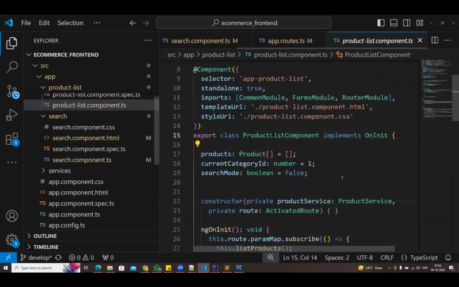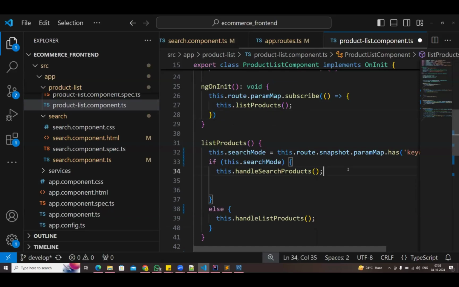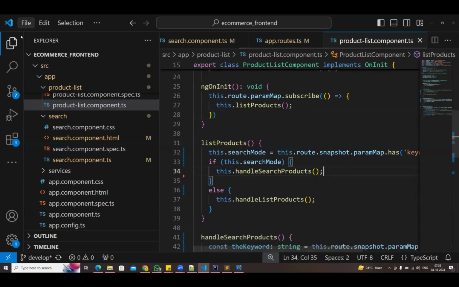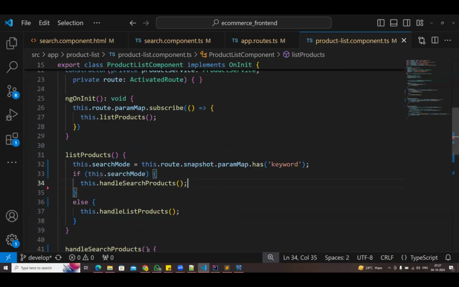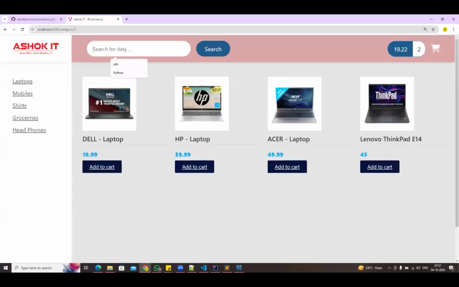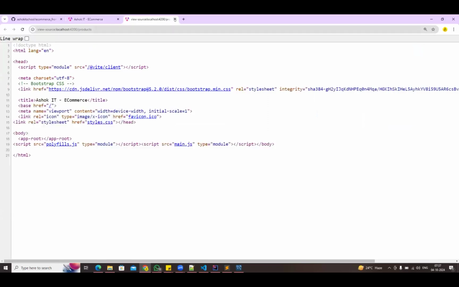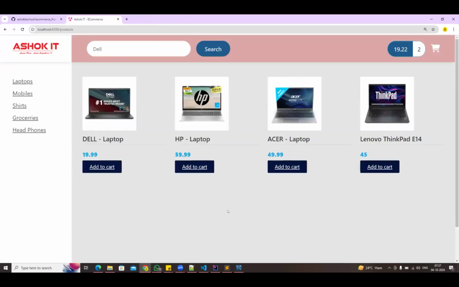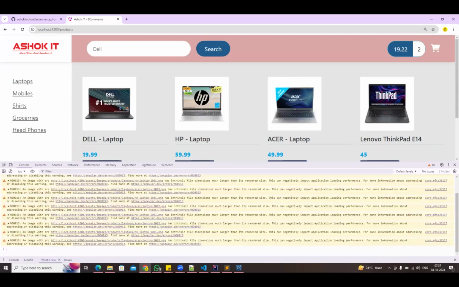Go to product list component. Format this document. Why that search is not working? Search with the keyword. When I type something, suppose if I type Dell, is it going to that component? Let me check the console. That value, whatever we are typing,